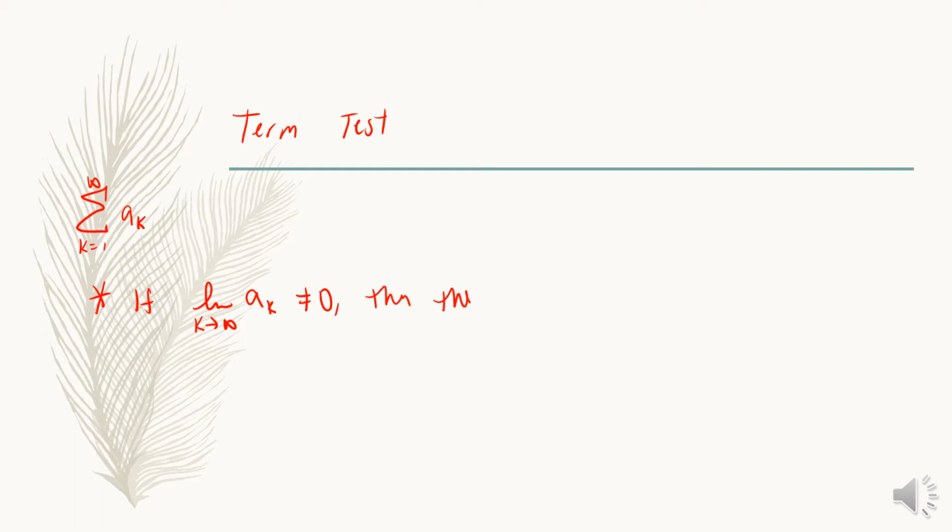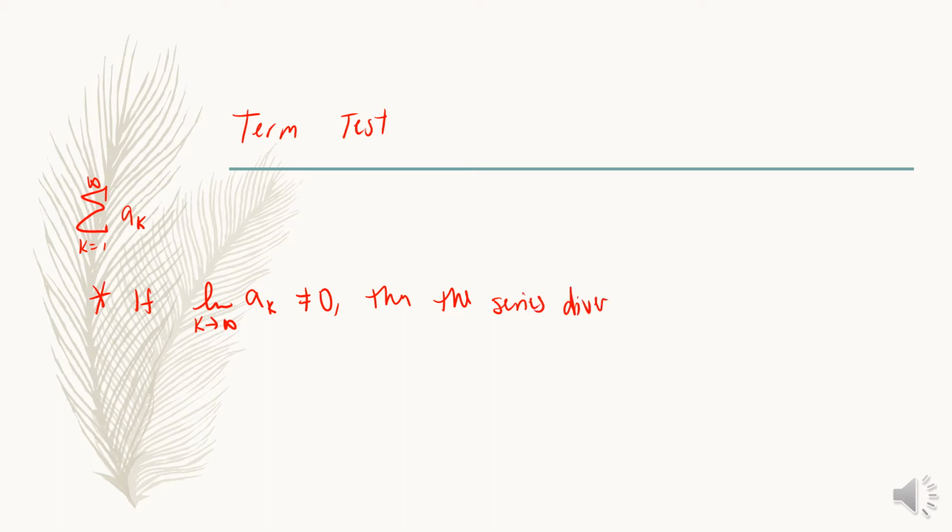The nice part about series is that if the terms of the series don't go to zero, then the series automatically diverges. So I'm calling this the term test. And basically, if you're starting with a series, so here's your series, and this is really important. If the limit as k approaches infinity of these terms does not equal 0, then the series